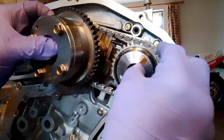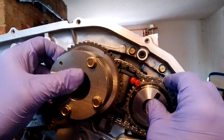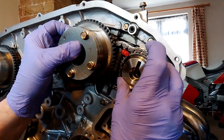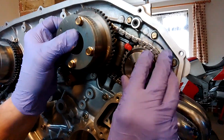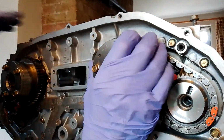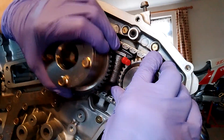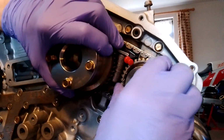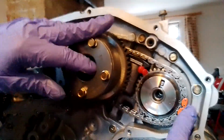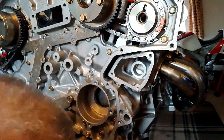So, carefully get that in place, take it over the tensioner, move it, line it up with the dowel, pin, I'll get in there, that's got it. So is that in place? Ooh, that drops straight into place. That isn't totally in place because that should, got it. So there we have. Timing marks are still correct, timing marks are still correct. Let's just zip this up